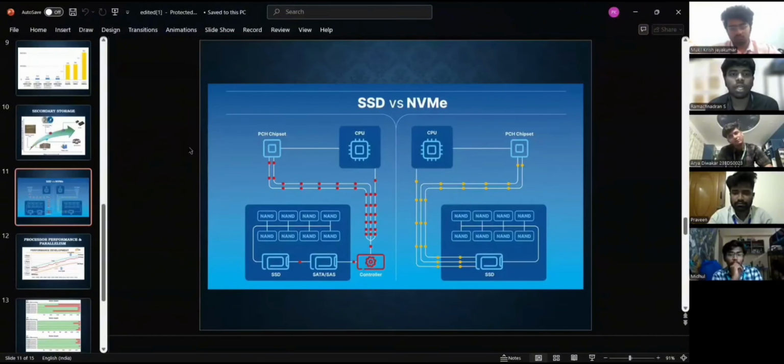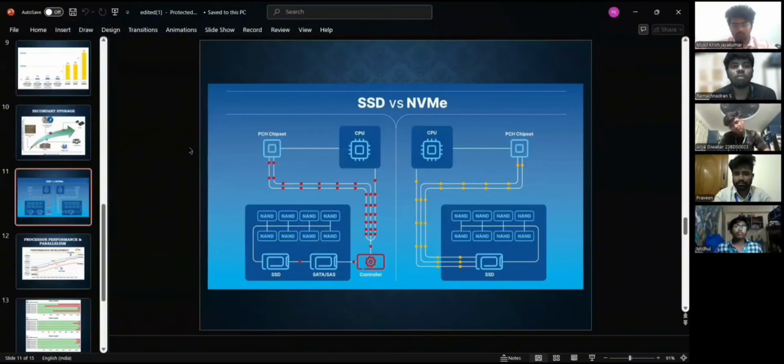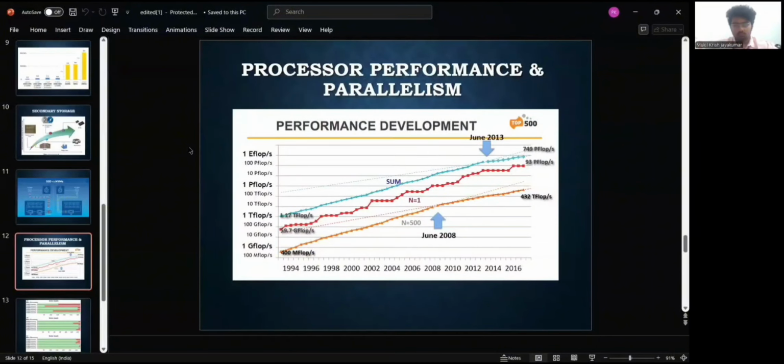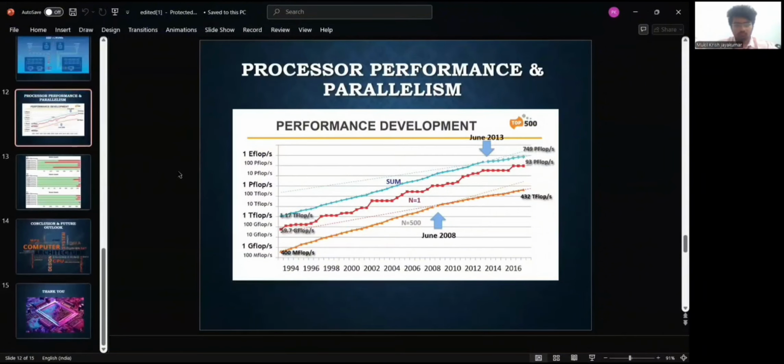And then open channel SSDs giving the OS direct flash control, followed by emerging patterns. In this, we have storage class memory, and then 3D XPoint successor technology like CXL attached memory, and then photonic storage interconnects in research, followed by real-world impact, including Microsoft Xbox Velocity architecture using NVMe as virtual RAM, and then